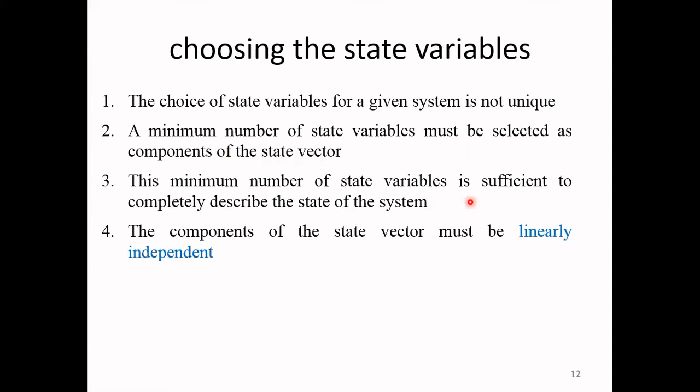But the condition for the state vector is that components of the state vector must be linearly independent. If the state variables are linearly dependent on one another, we cannot use these as state variables,